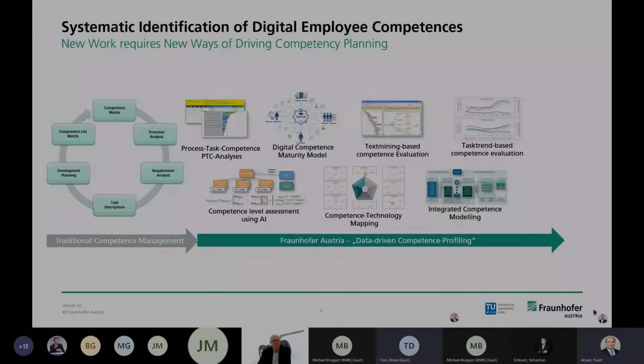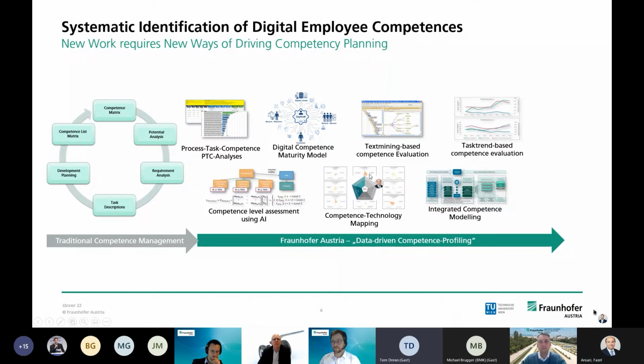When we talk about data, data can be considered based on different data sources. So there are various sources in our industrial databases which we can focus and collect data from. So we can focus on the processes which are documented and giving us a kind of information with regard to